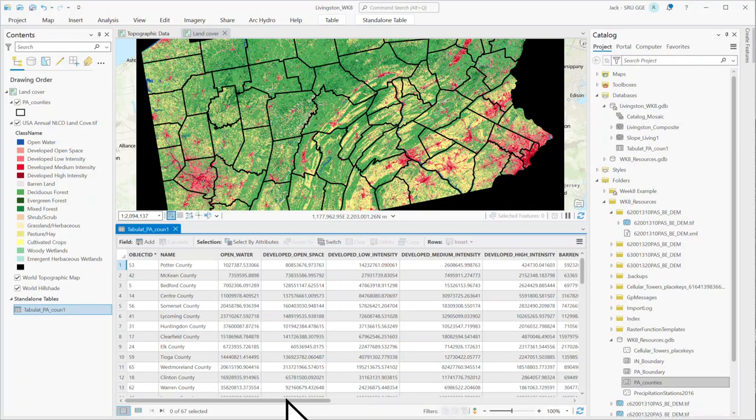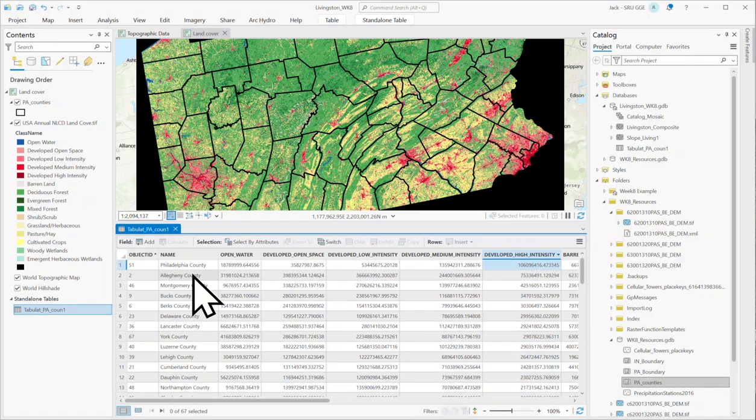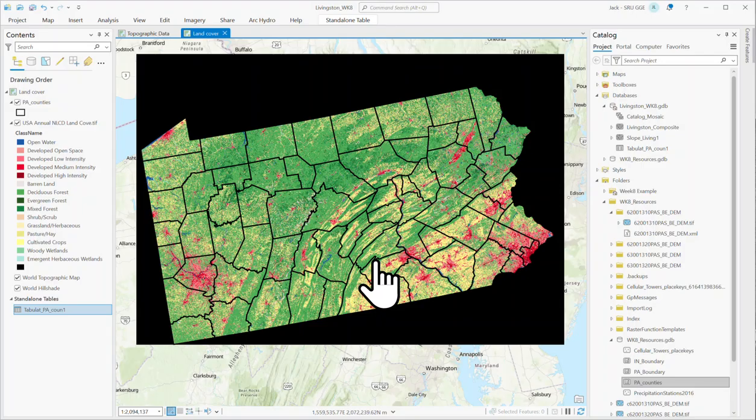Then I can do the same thing if I go to developed high intensity, and again sort descending. Now it's Philadelphia County. Not surprisingly, Allegheny County comes in a close second. This allows us to examine different land cover types as they relate to counties, and I could do that for any one of these. Later on, we'll also look at how we can do this with a histogram or to create a table from this. Okay, the next thing that I'm asking you to do, and I'm going to close this table, is to